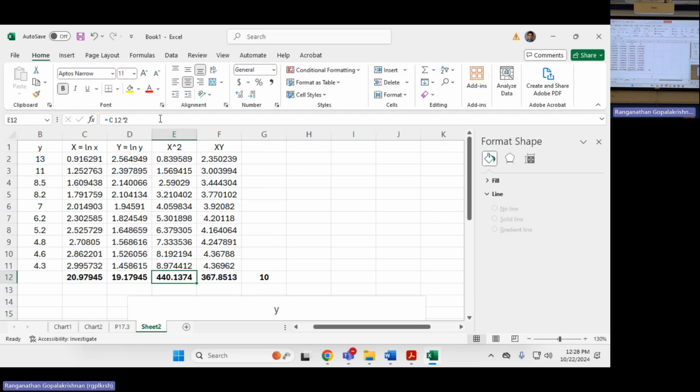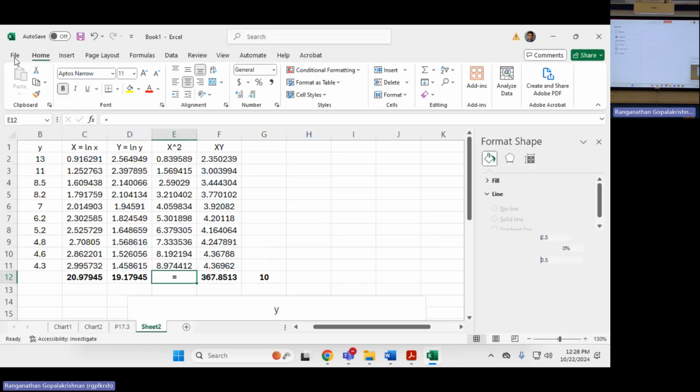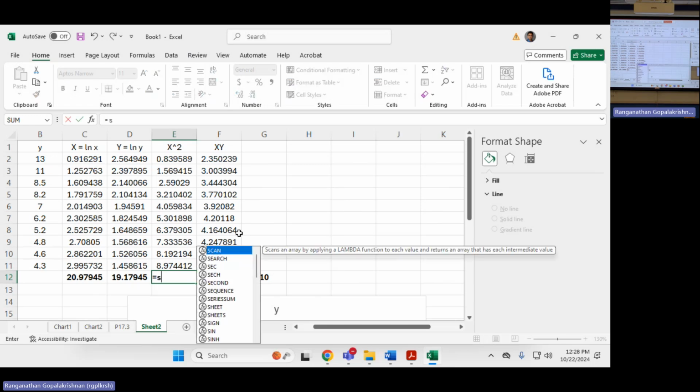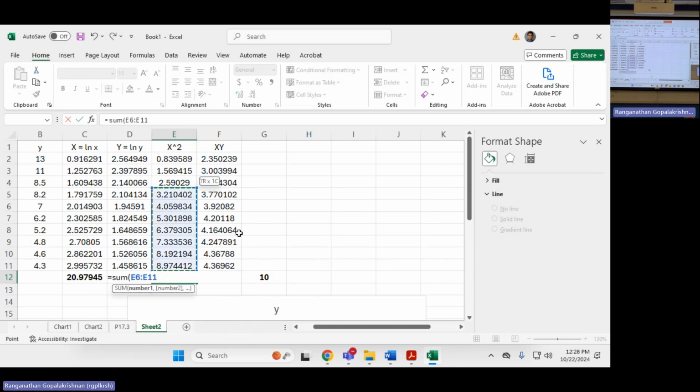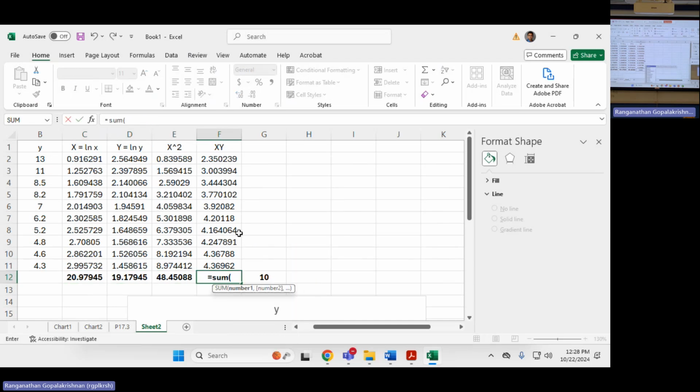Oh, sorry. I mistakenly squared the sum of x. What I should have done is summed x squared. So I should write equal to sum of this column. Instead, I just took this value and squared it, which is obviously wrong. So I should do,